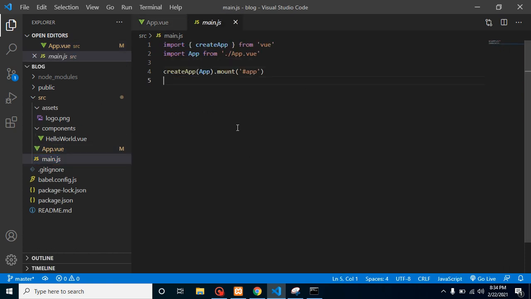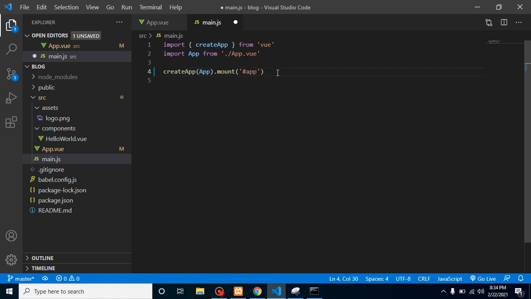All right, so now let's talk about our entry file. Main.js is our entry file. Here you will find only 3 lines of code. In the first line, we are importing createApp from the Vue package, right? Second, we are importing our app.vue file, and in the third we are mounting our Vue.js code with our application, that means with the HTML. How are we mounting? We are creating our application, imported from app.vue, and mounting it with the app id.